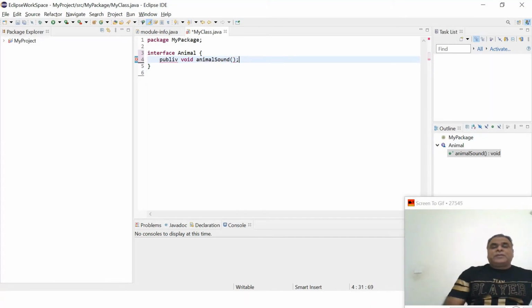You need to put a semicolon here, because the body is not there. See, there is a public, it's showing an error, so it is public. See, public void animal sound. This is the one method I have written. Now another method I am writing it as